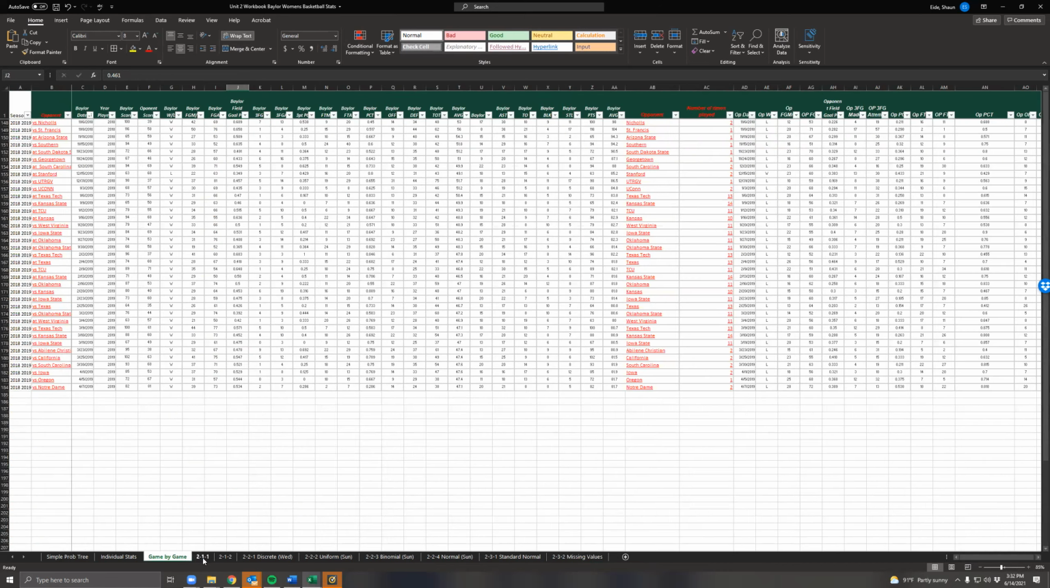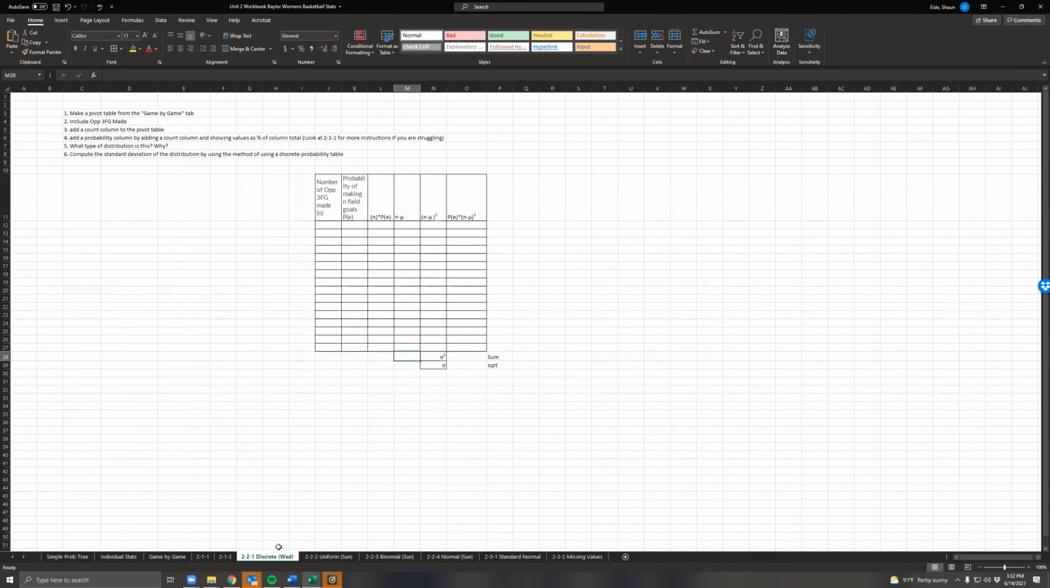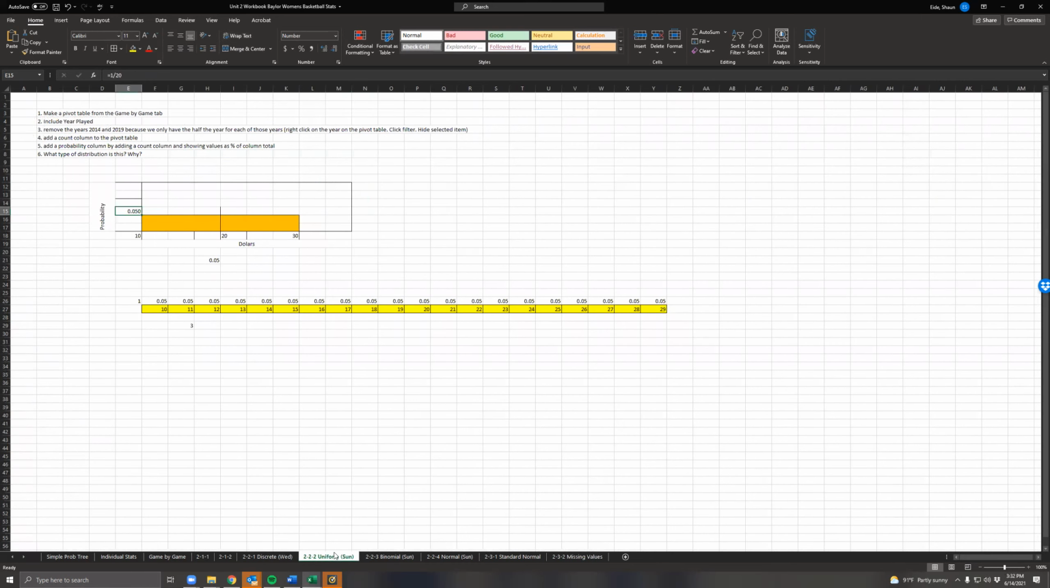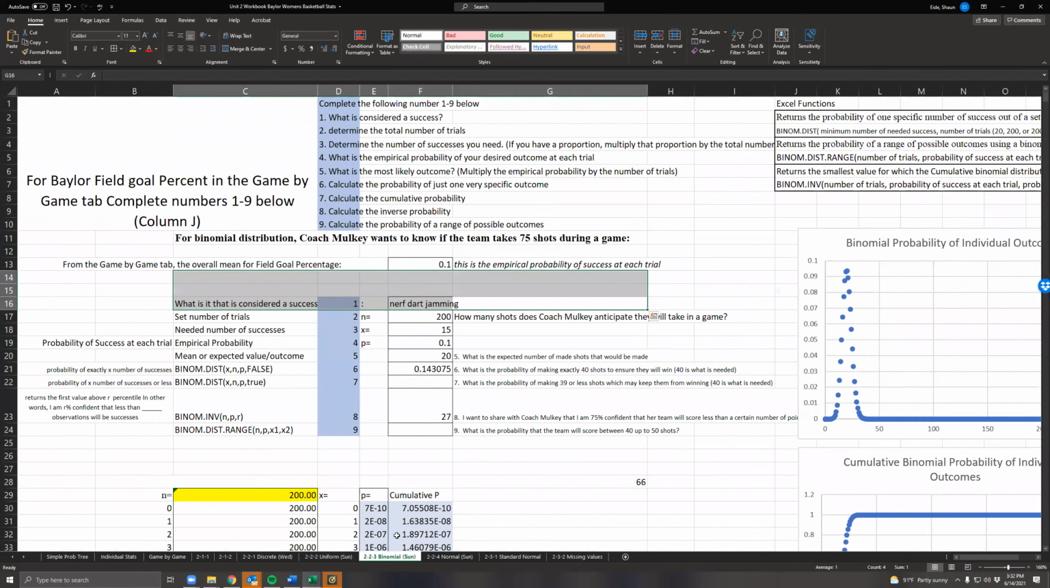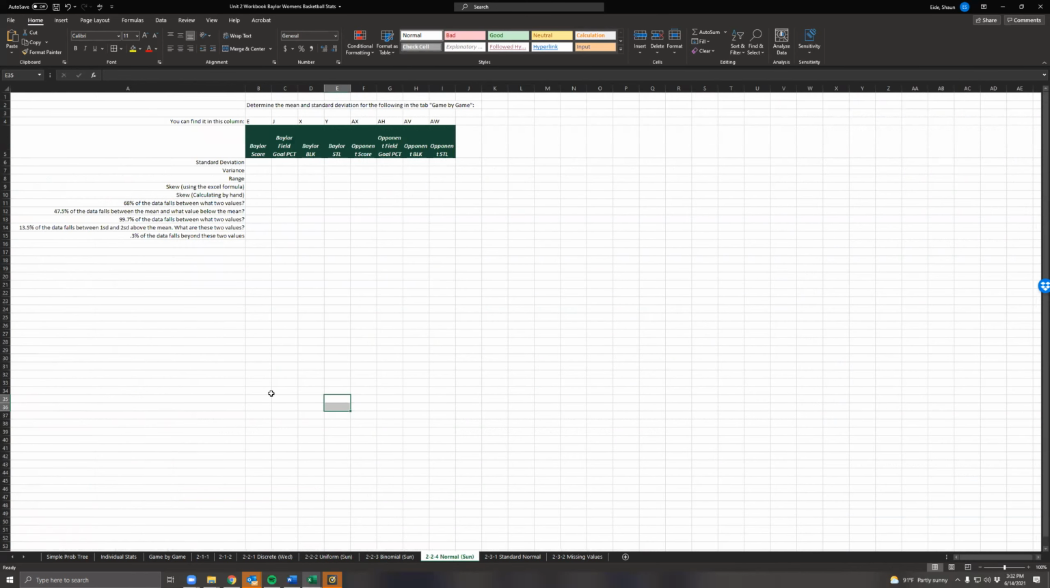I really do my best to set these things up for you to be able to use these on your exam. Same thing when you get to your exam, copy and paste the information that you have into here for the discrete. Use the same thing for the uniform, use this for the binomial, and then this doesn't help you at all with the normal, but